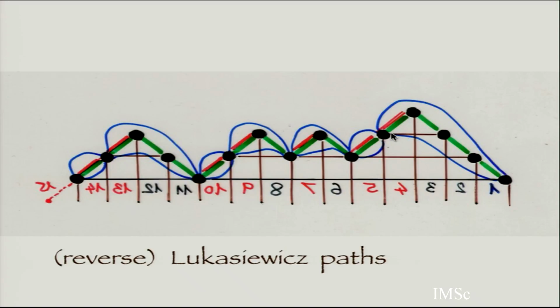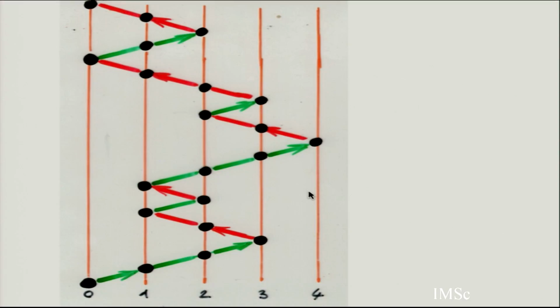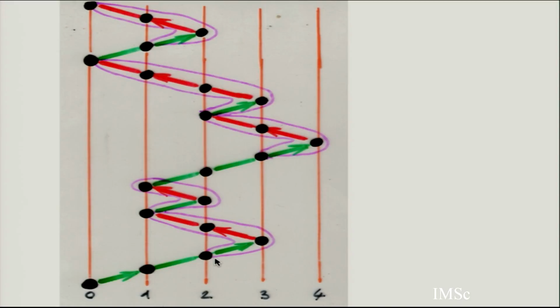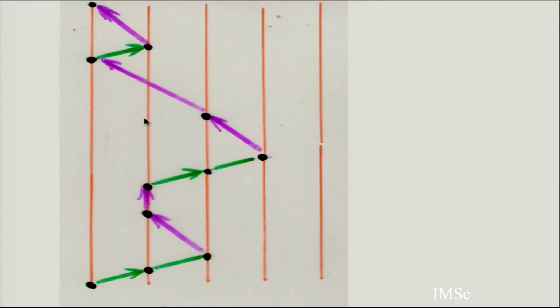So I am going to do this for my Dyck path coming from the staircase polygon, staircase to Dyck path to reverse Lukasiewicz path. So here is my Dyck path. I do the reverse process. You take each green step followed by the longest sequence of red steps going to the left. So you get this decomposition, and you replace each of these blocks by this step going left. So you get a Lukasiewicz path. See, this path written like this. You can go right only one step, or you can go left as much as you want, or if there is some level here, you stay at the same level. So this is the Lukasiewicz path, a rotated reverse Lukasiewicz path.